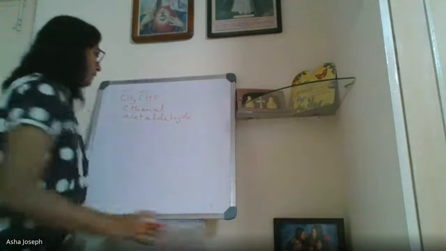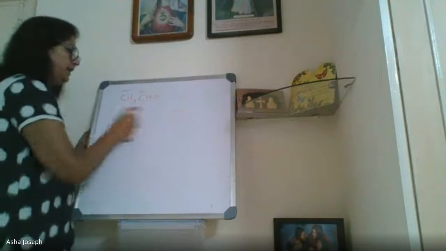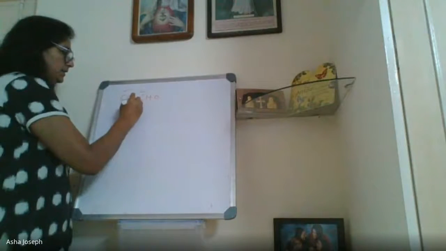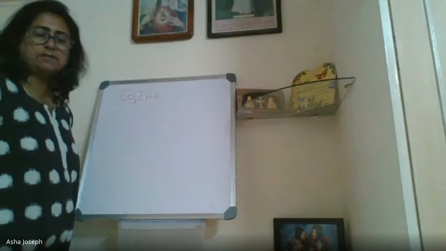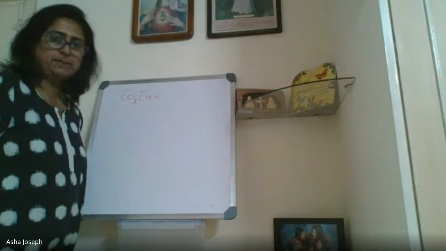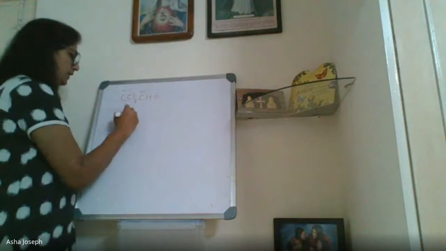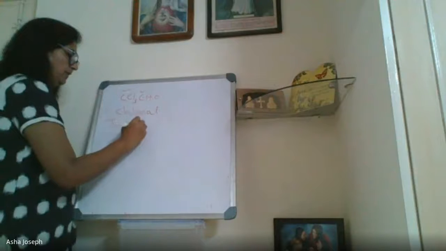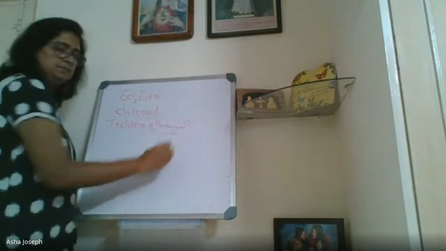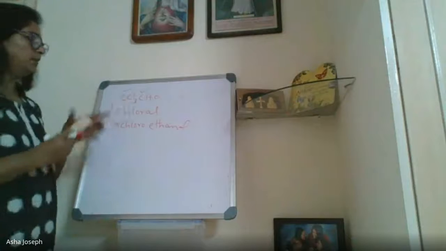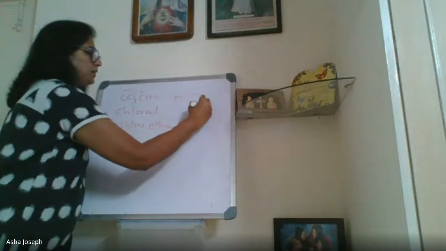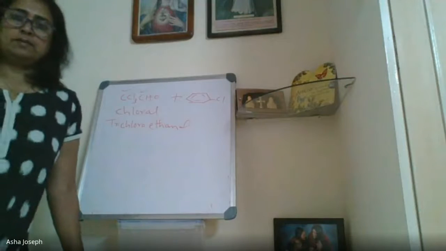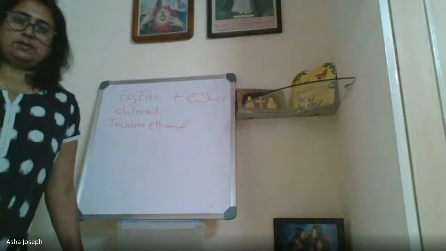Now, the starting material: if you take ethanal and replace the 3 hydrogen atoms with chlorine, then it is called chloral, or you can say trichloroethanal. So this is one compound, and then chlorobenzene. Chlorobenzene is an aryl halide. From these two reactants, you can draw the structure easily.